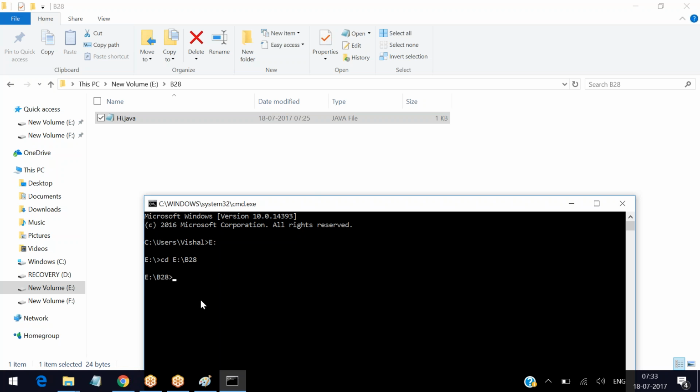Okay, now how to, and this is not yesterday's computer that I was using. Yesterday's computer I was using just to show you the initial installation and all. Okay, now